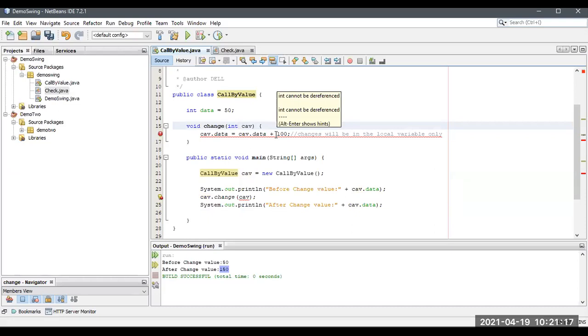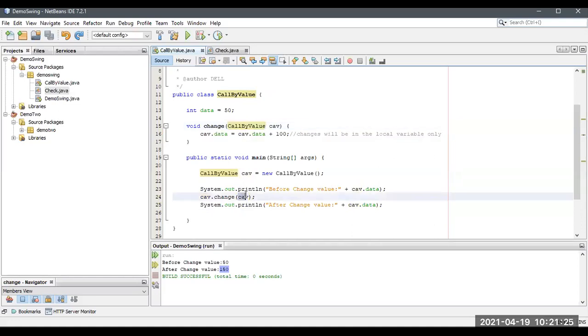It is not possible because it is an object passing, and here also the error will occur. What you are sending over here should be the same inside the argument also. I think now you got a good idea about this. This is called a call by value. This is very good practical knowledge about this. There are so many examples over there, if you want to try it at home.